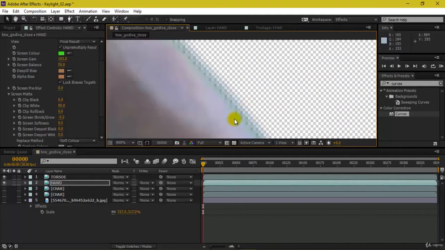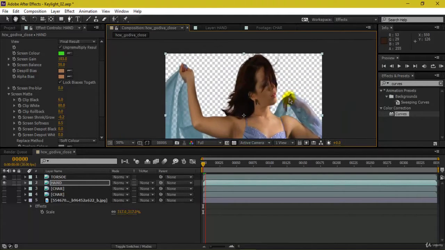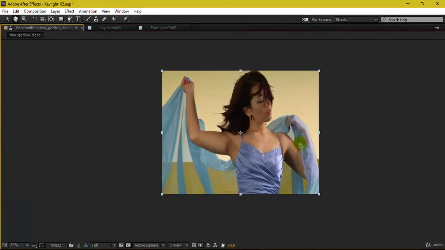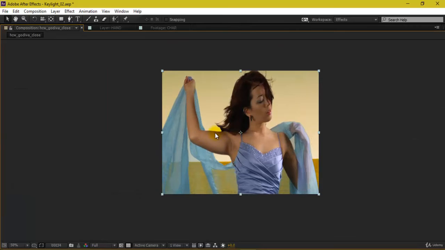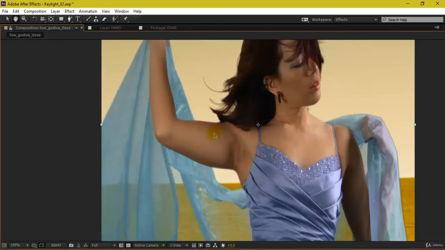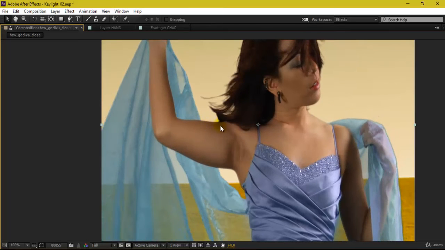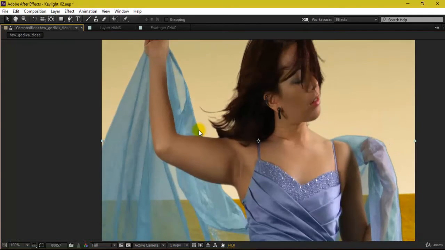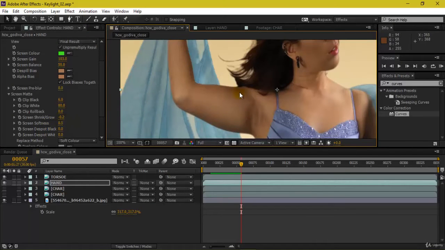It also has some nice feather here. So in this way you can work with your edges. We actually added some softness, and before adding softness we shrank that by around 0.2 pixels.